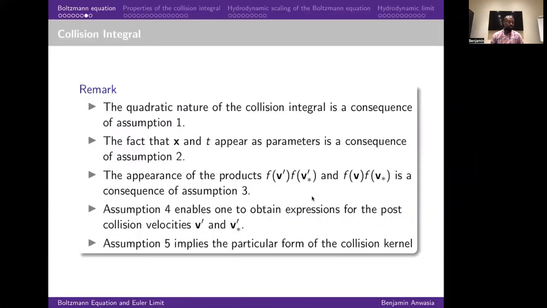And 5, the micro-reversibility assumption implies the particular structure of Boltzmann's collision kernel. The formulas for the post-collision velocities represent all the solutions of a system of equations, which is comprised of the conservation laws of linear momentum and kinetic energy, respectively. To see this,